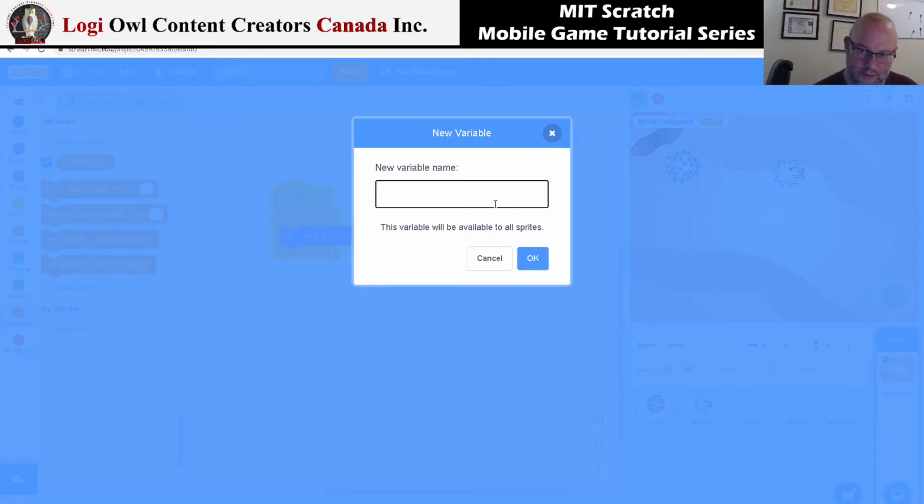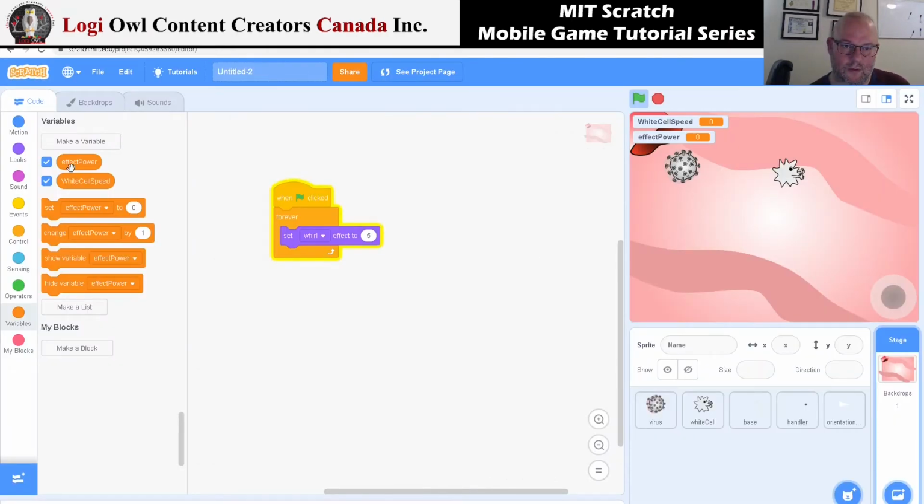So this will be effects power, effect power. So for that one, I'll add it here, and I'll say set effect power to 0 at the beginning,